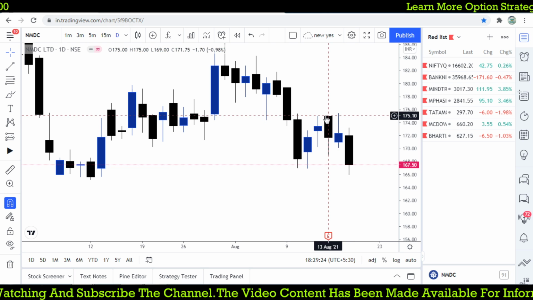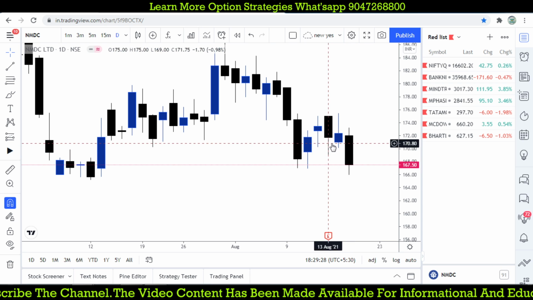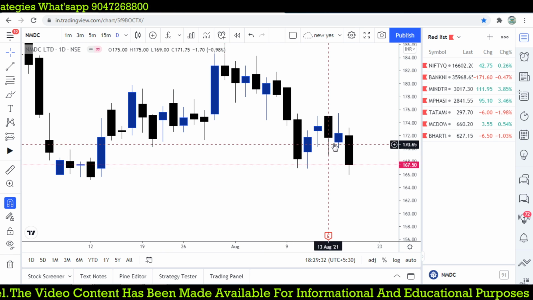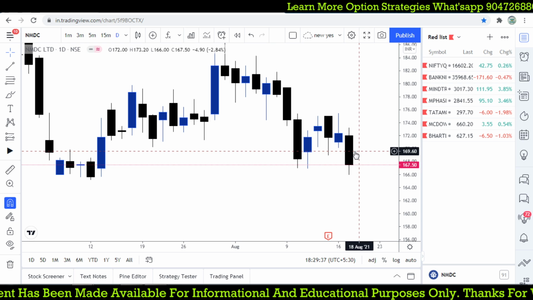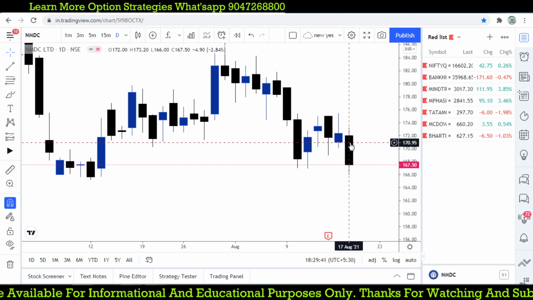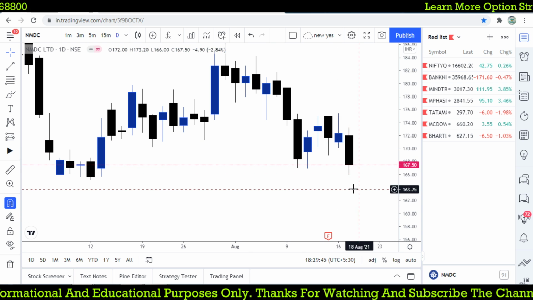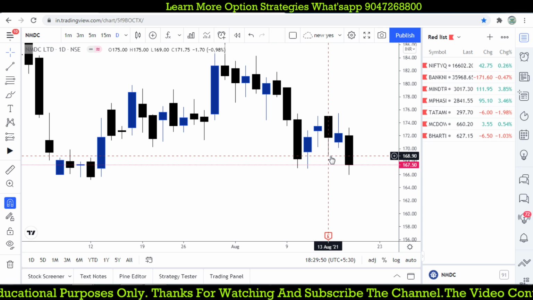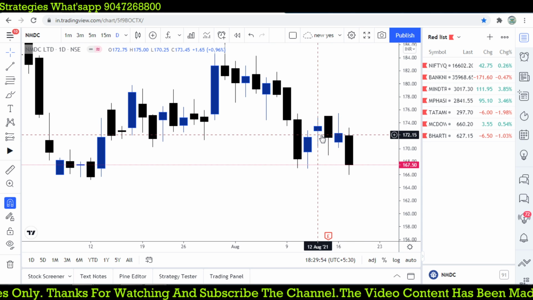Whenever that candle breaks the low, we may try to take a trade on the short side, around 169 as the sell entry. The next day we didn't get the opportunity, but today it breaks below 166 and moves towards 166. So from 169 it moved down 3 rupees. But if you check this candle, we have a 6 rupee stop loss. This candle moves much lower compared to the previous candle.